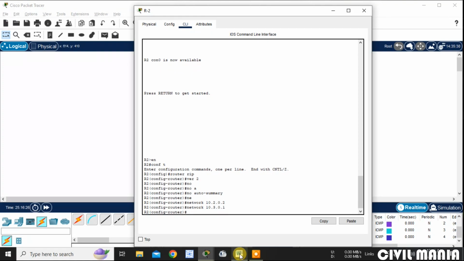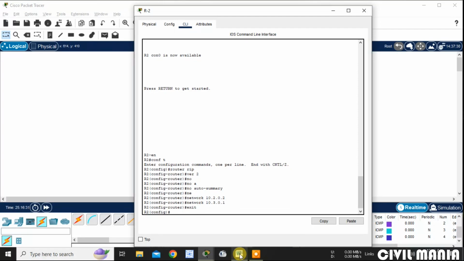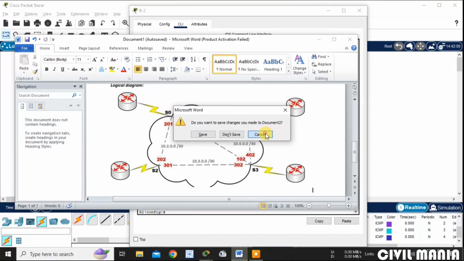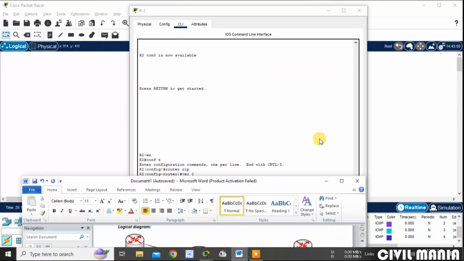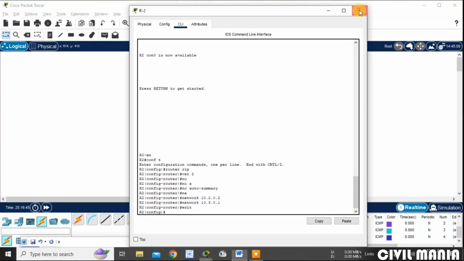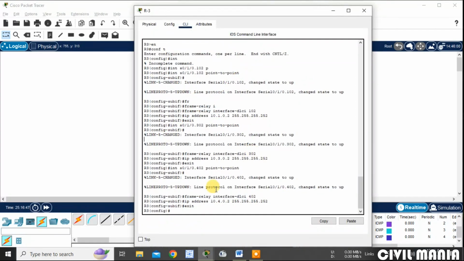These are the two networks. After that, exit. Done. Now let me move to router 3.